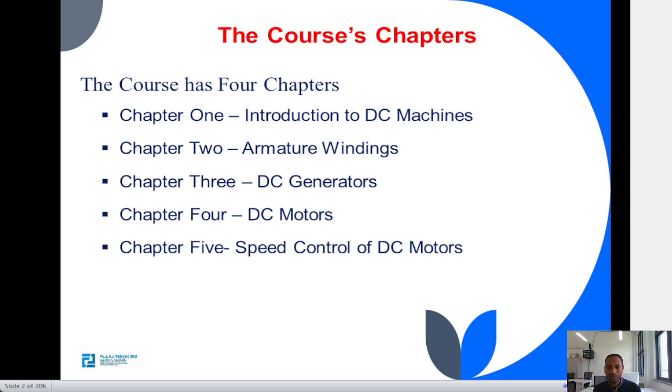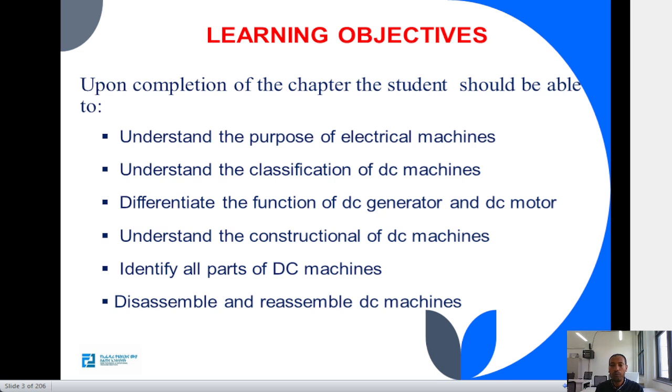As chapter 4, we're going to cover DC motors, and lastly, we're going to present the speed control of these DC motors. So, this is the learning objective of our course. At the end of the